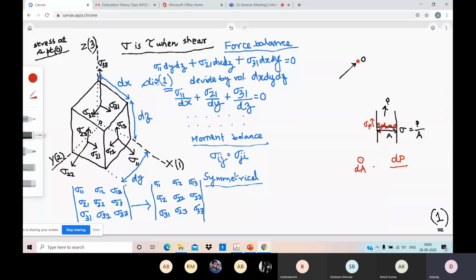So actually, the stress at a point is the ratio of the load acting on that point divided by the small area that we consider around that point, and we write that limit